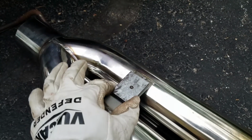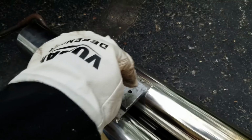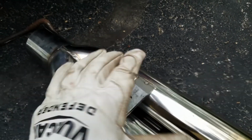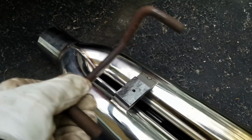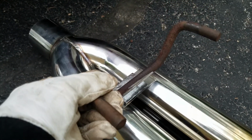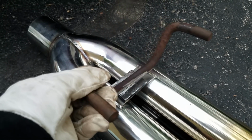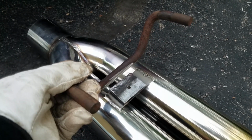We're going to put this on, and then we are going to run a bolt down through these two holes. With that done, then we are going to get the old exhaust hanger and we are going to weld it somewhere on this little pad. And that will help us in figuring out where this